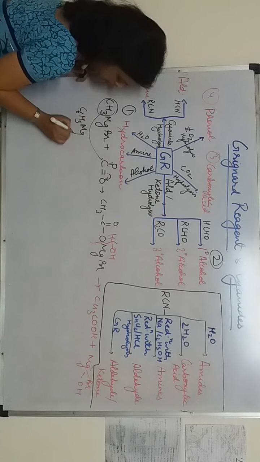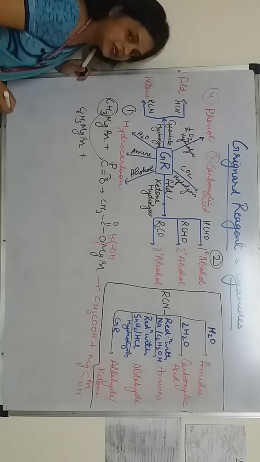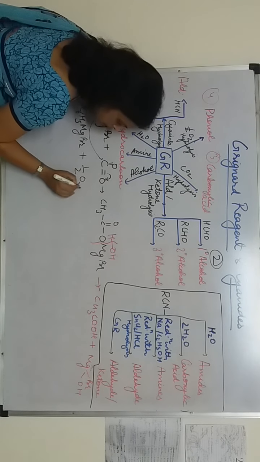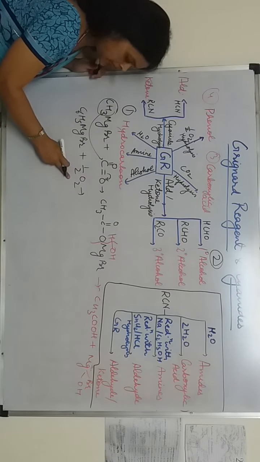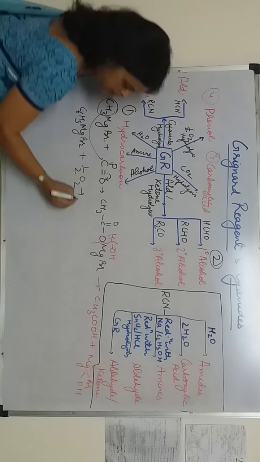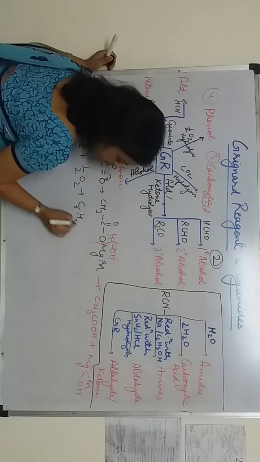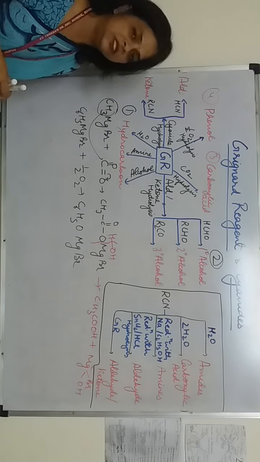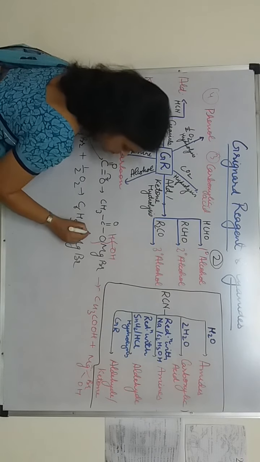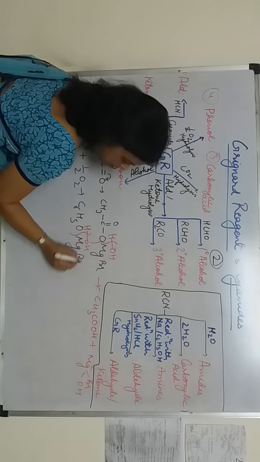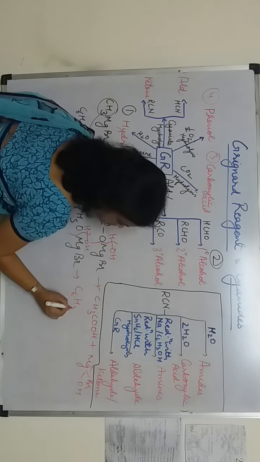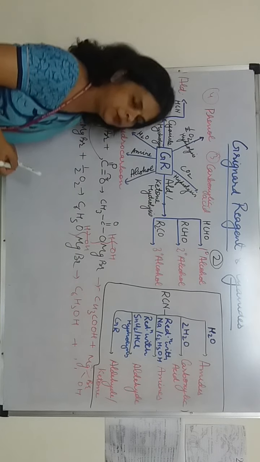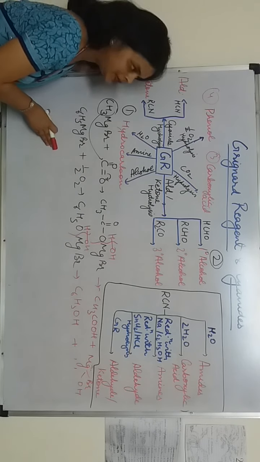C6H5MgBr. Now, when it combines with half an oxygen molecule, one oxygen atom gets inserted over here and we get C6H5OMgBr. Now, again hydrolysis will take place in the same way as we are doing, HOH, and we will get C6H5OH, that is the phenol, along with the same side product. I hope these reactions are quite clear.